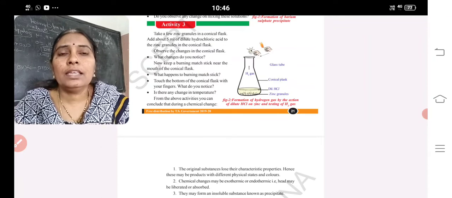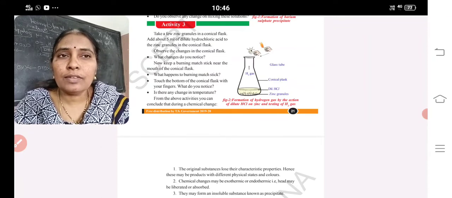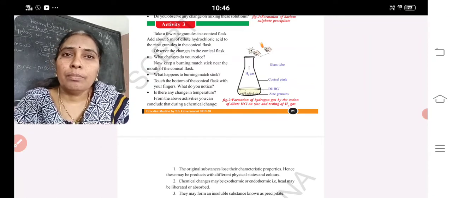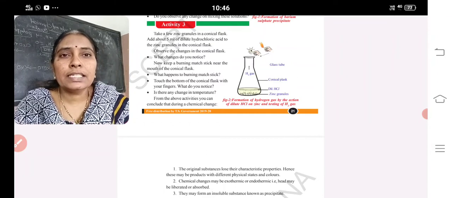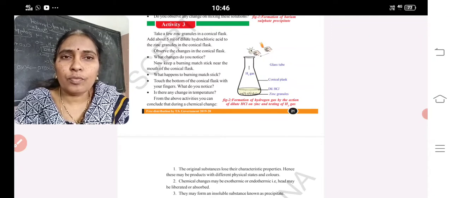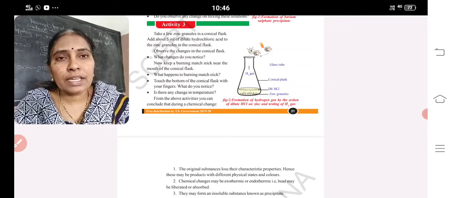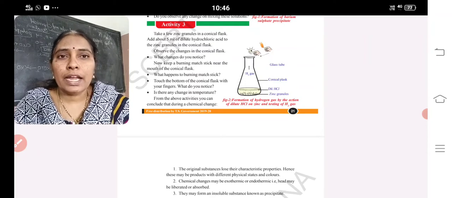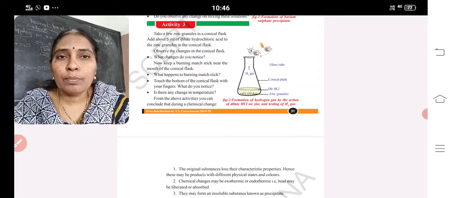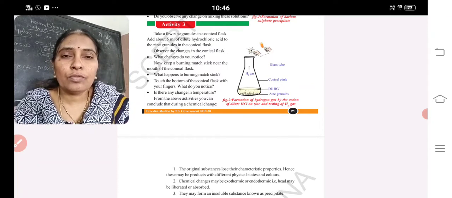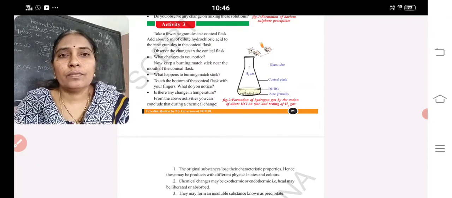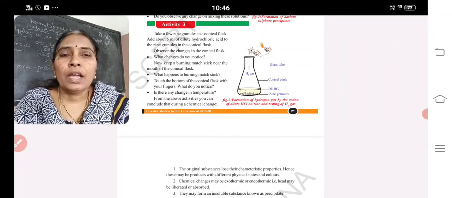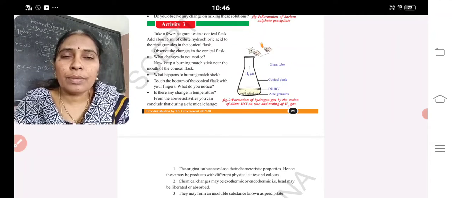Balancing the chemical equation. And how will we make a chemical equation more informative? By adding physical states. If a precipitate is formed, a downward arrow mark. If a gas is evolved, an upward arrow mark. If heat is liberated, it is said to be exothermic. If heat is absorbed, it is said to be endothermic. By adding these 4 states, we can make our chemical equation more informative.